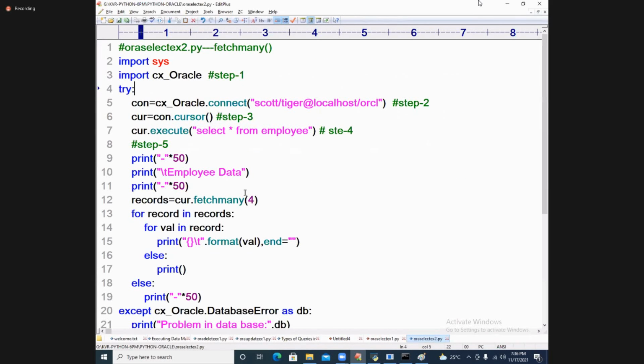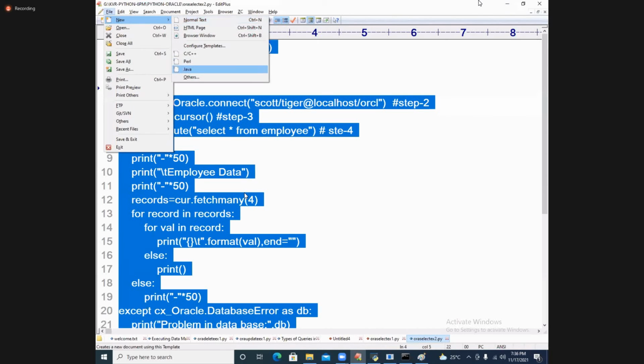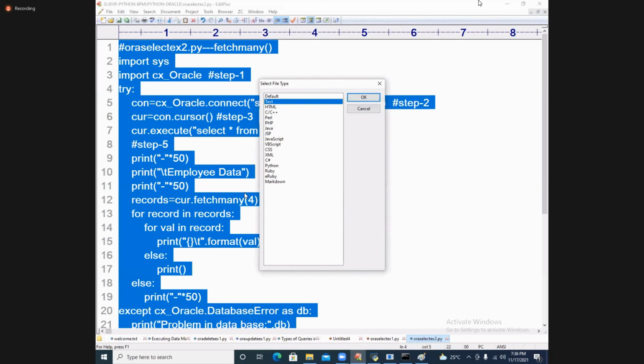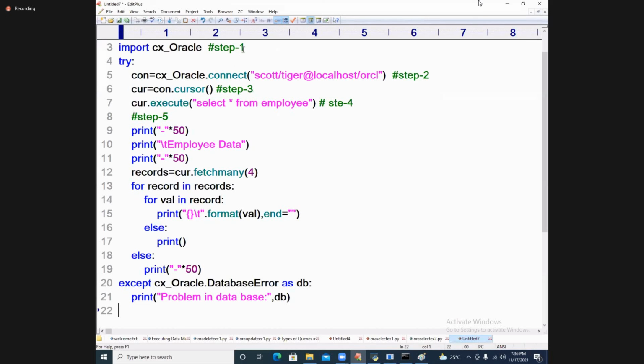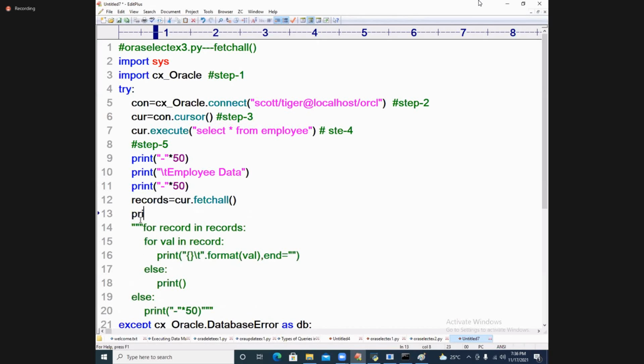So coming back to the point, very, very easy. In this place, I will copy this area and take it as another example. Fetch example 3, fetch all, I'm taking all. Simply you write fetch all, that's it. If I keep a comment on this entire code, print what? Print of records.